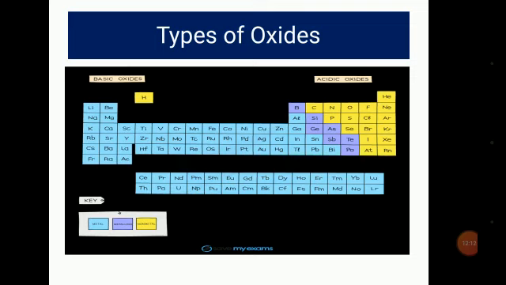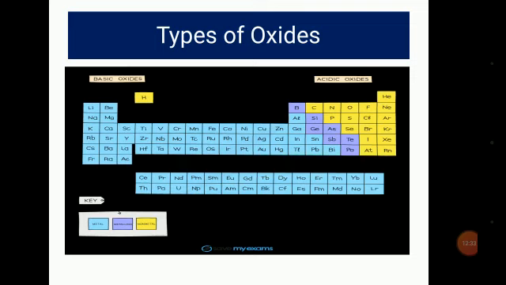So metals on the left hand side, when they react with oxygen to form metallic oxide, they form basic oxide. While on the right hand side, you see the yellow colored elements, non-metals, they form non-metallic oxides like